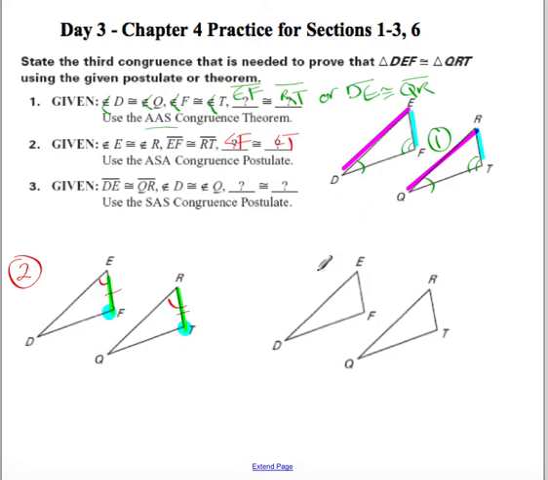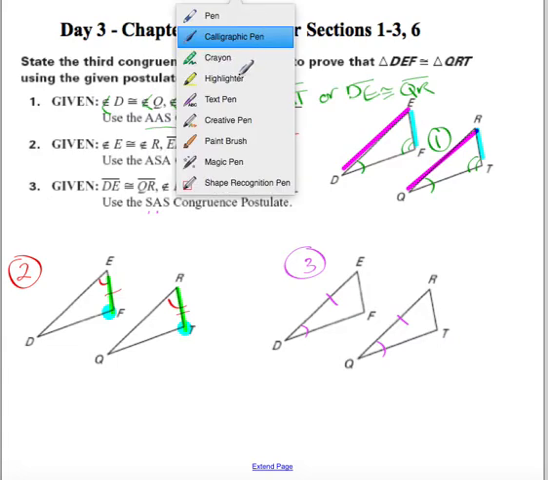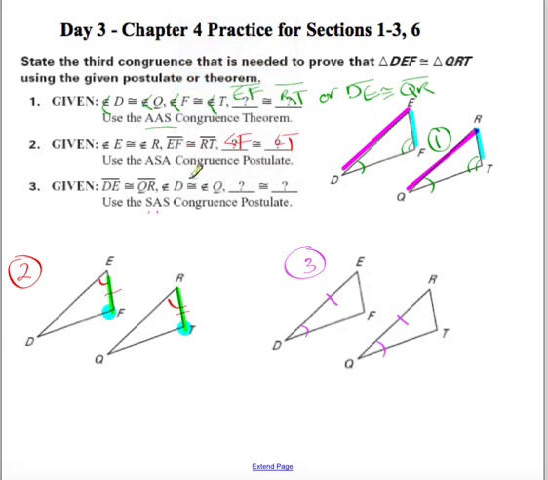The next one, so number 3 will be over here. They gave us DE congruent to QR, and they gave us angle D congruent to angle Q, and they want us to use the side angle side postulate. Currently I have one side and I have the angle, therefore I am needing another side. I need to surround the angle because the A is in the middle in the statement. Remember that if that is in the middle of the statement, that means that the angle must be surrounded, must